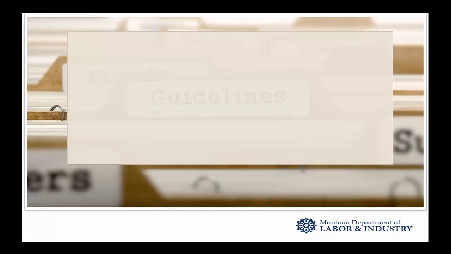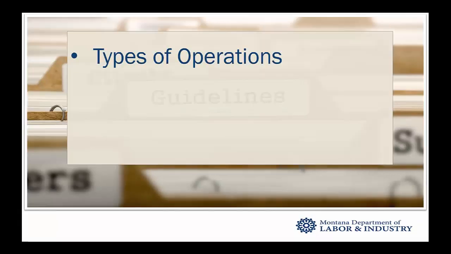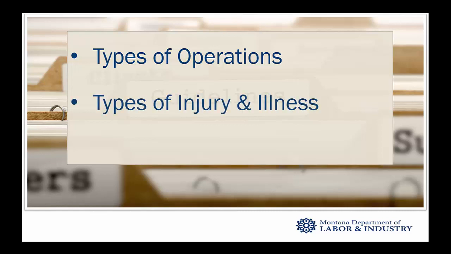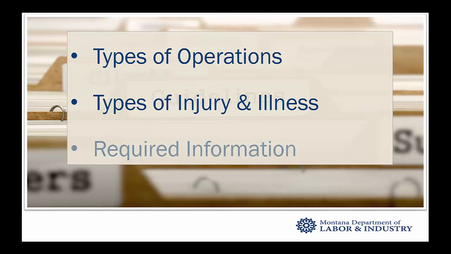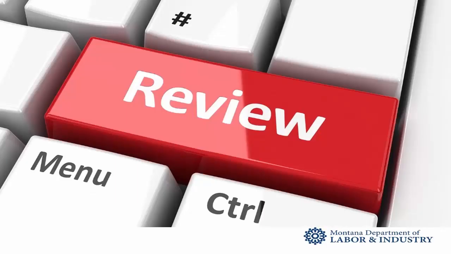forms package. It covers what types of operations come under the record-keeping rule and are required to complete the forms, what types of injury and illness incidents must be recorded, and what information is to be included in each of the 3 OSHA forms. It also contains a review of OSHA's record-keeping requirements to complete the forms and evaluate specific